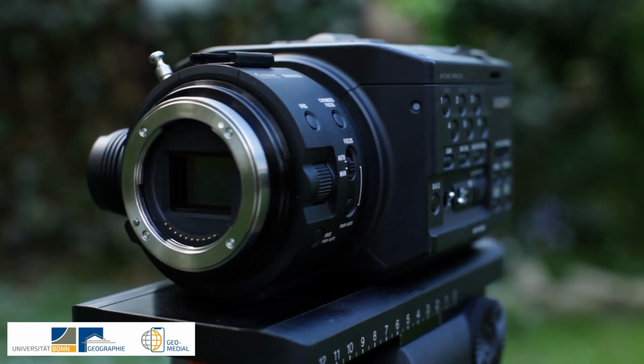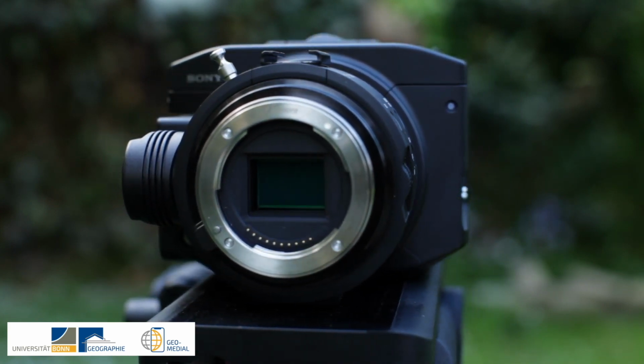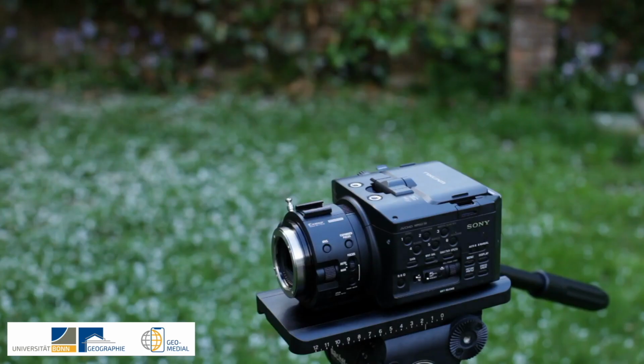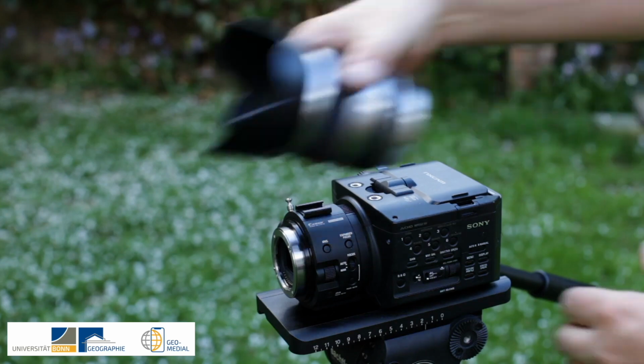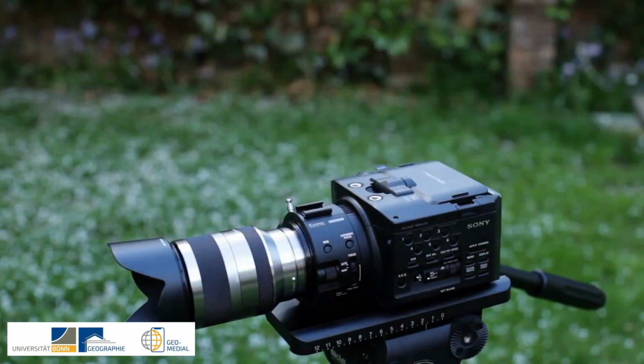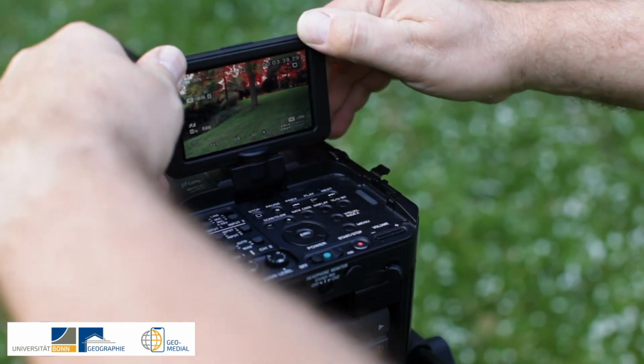When it comes to audiovisual production, this is GeoMedial's main workhorse. It is a Sony FS-100 Super 35 sensor camera with an interchangeable lens system. The most versatile lens we have in stock is the 18 to 200mm, but there are others: prime glasses, macros, different zooms. The camera has a 3.5-inch viewfinder,